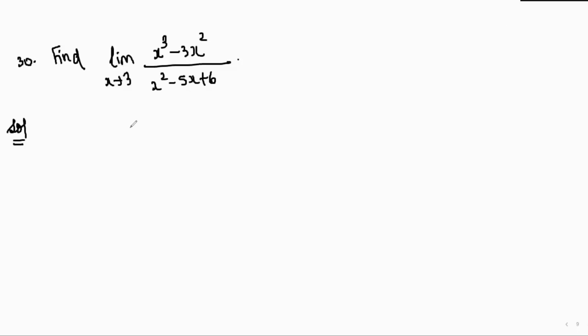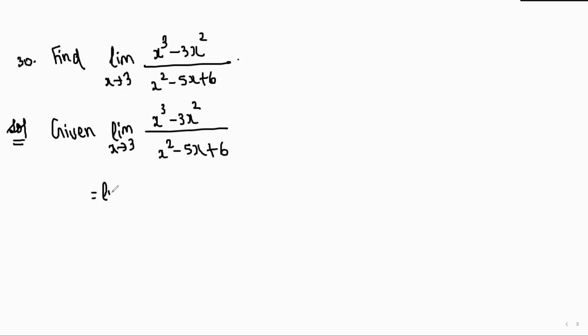Now take the next question. Find limit x tends to 3, x cube minus 3x square by x square minus 5x plus 6. So first let us write the given limit. Limit x tends to 3, x cube minus 3x square by x square minus 5x plus 6. That is equal to limit x tends to 3. From the numerator I will take x square common, so I will be left over with x minus 3. And the denominator we will split